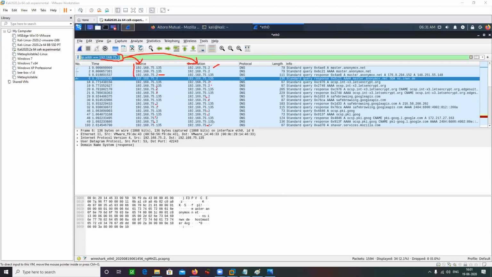Now let's say I only want to see those packets which have this IP address in the source. Then what can I do?